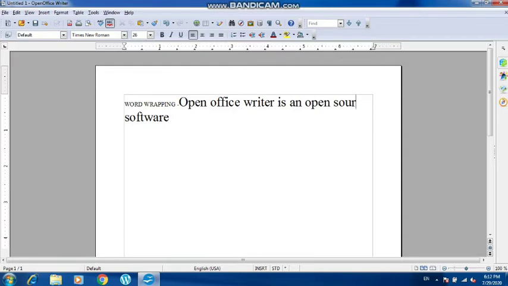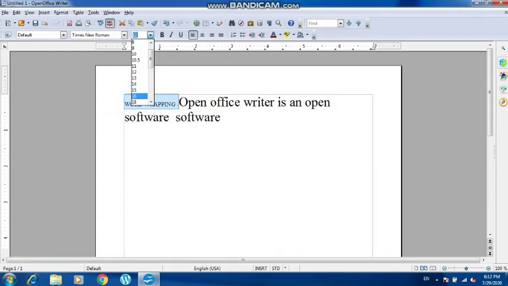Here you can see that I have written one line and I am trying to write a particular word, which is software, but it is not able to fit in the first line, so it automatically goes to the next line. That feature is called word wrap, which is done automatically by the OpenOffice Writer software. Let's say that I am trying to write the word software here after deleting that particular word. You can see that the whole word doesn't fit in that place, so it is moved to the next line, and this is what we call the word wrap feature of OpenOffice Writer.